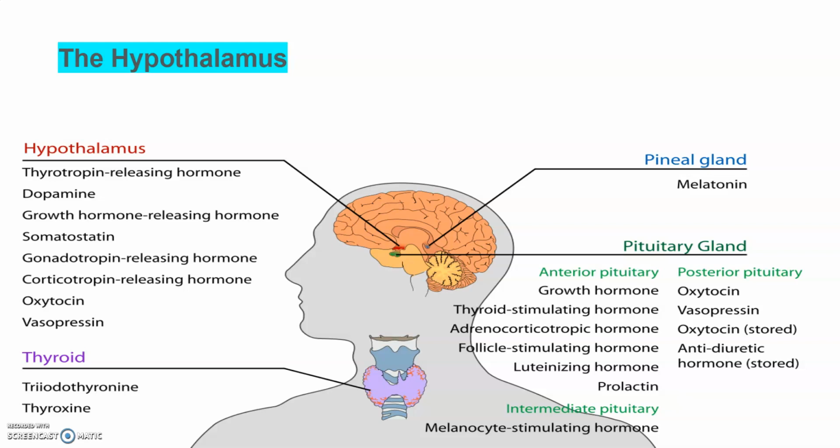Thyroid stimulating hormone stimulates the synthesis and secretion of thyroid hormones; it stimulates the thyroid gland to secrete thyroxine. ACTH, that is adrenocorticotropic hormone, stimulates the synthesis and secretion of steroid hormones called glucocorticoids from the adrenal cortex. And LH and FSH, that is luteinizing hormone and follicle stimulating hormone, stimulate the activities of the gonads and hence are also called gonadotropins.